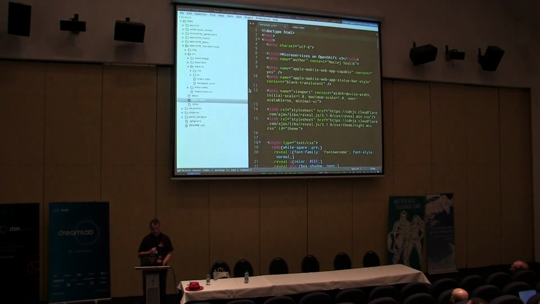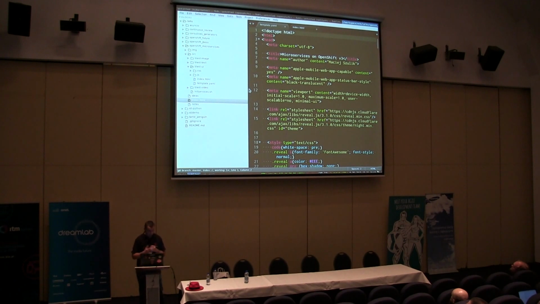I've created a sample application. As I said, Blast. And you can see that there are four microservices: blast image, blast text, blast UI, blast video. As I explained before, each of these is responsible for one particular